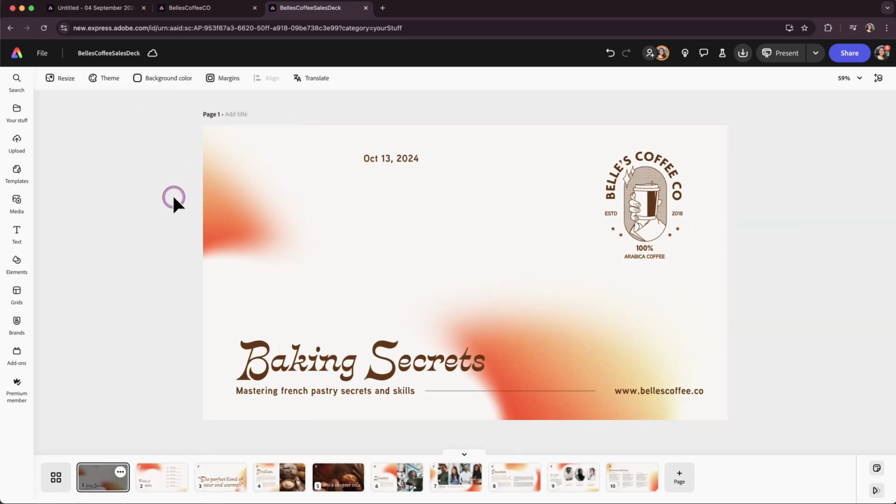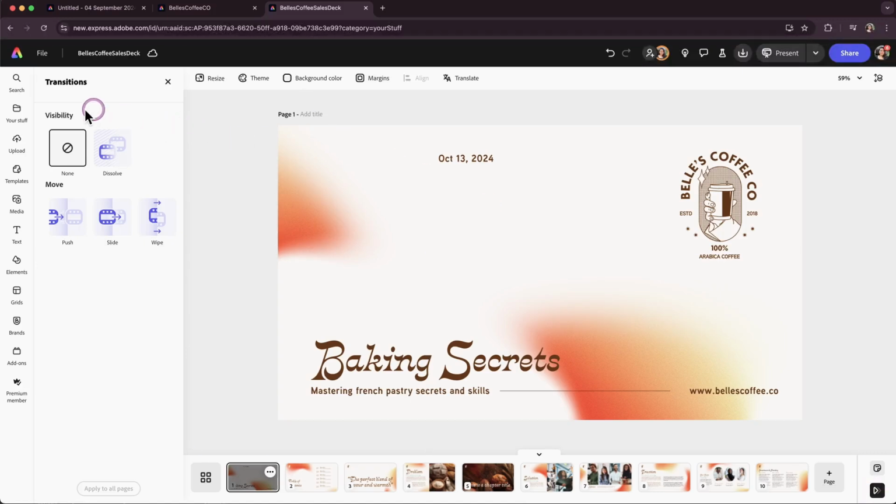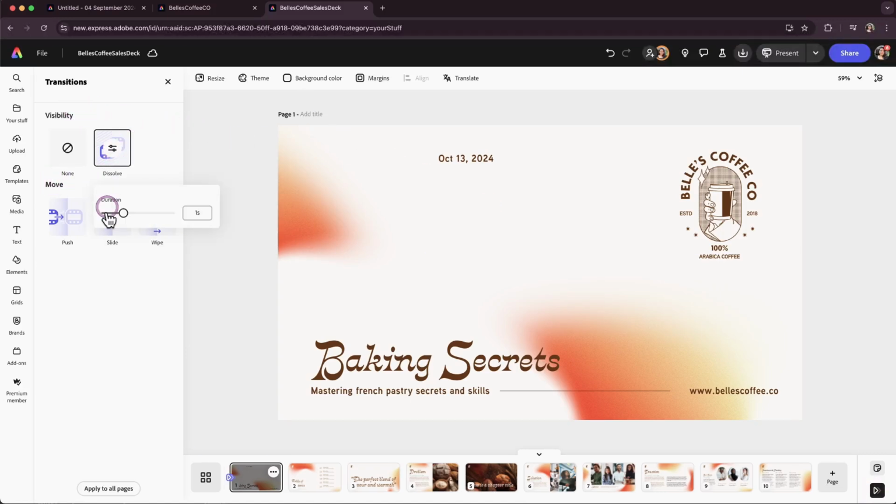Next up, transitions between slides. You can add transitions like dissolve, push, slide, and wipe for a polished flow and customize them to your liking. I'm going to use dissolve here with the default duration and apply to all.